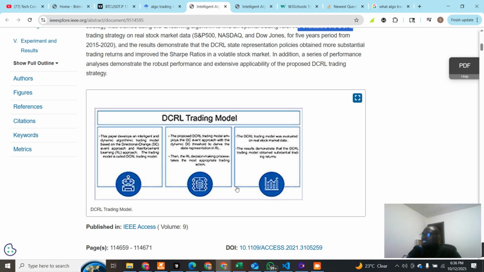So most of the strategies on research, or maybe on Google Scholar, I would say only some of them work in live data. The majority of them are very, very good on paper. On paper means they're very good on just historical data, but they are bad on live data. But that is where you come in, because even if it is very good on historical data, all you need to do is just tweak one or two things and make it work on live data.